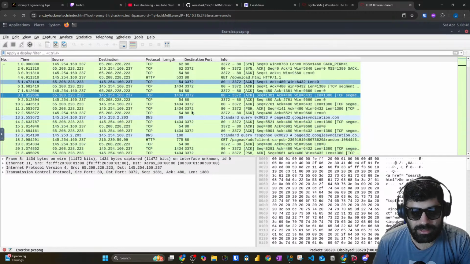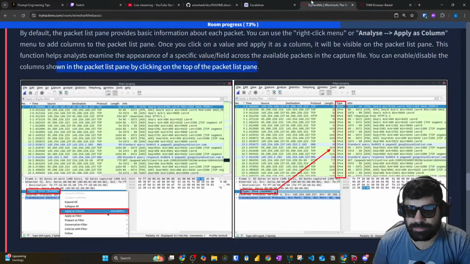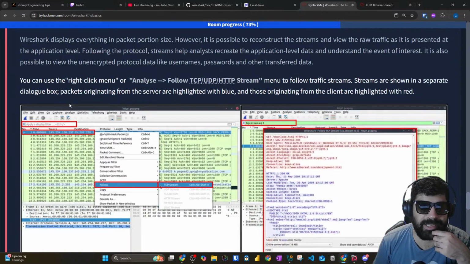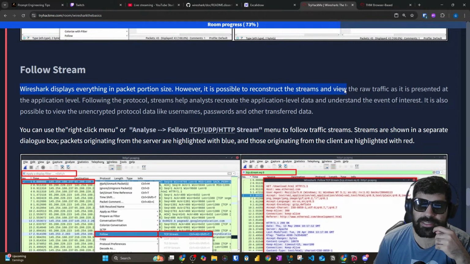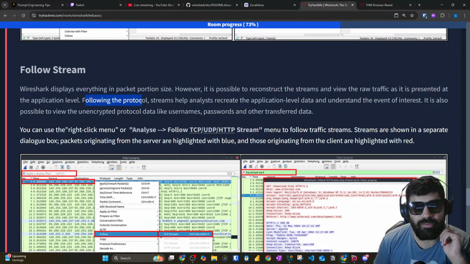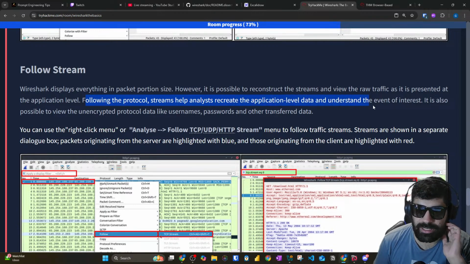So ports are added. So pretty cool. That information is available, handy. So, follow stream. Wireshark displays everything in packet portion size. However, it is possible to reconstruct the streams and view the raw traffic as it is presented at the application level. Following the protocol streams helps analysts recreate the application level data and understand the event